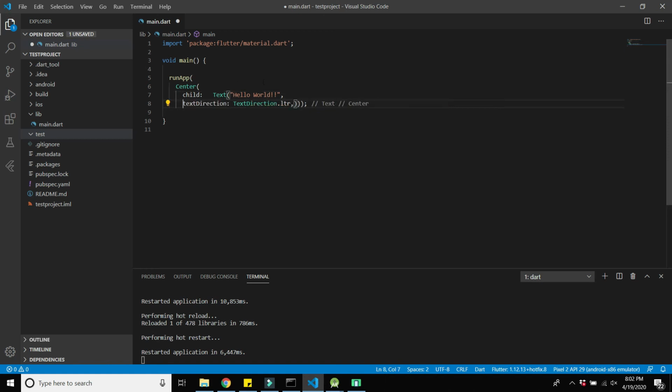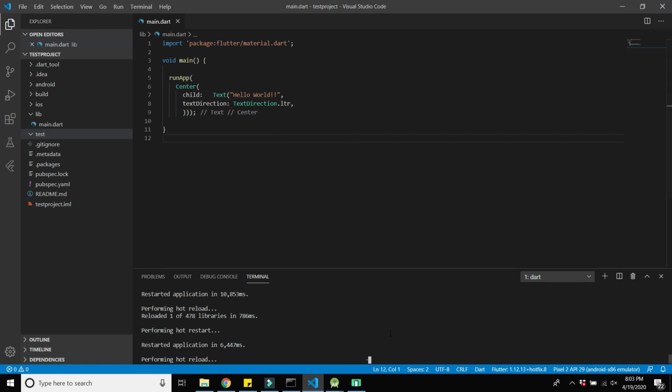Later I will also tell you how to refactor this code like I did in this program manually, but later I will also tell you how to refactor this code using the command. So now I will save this project and use the R button to reload this application on the emulator. Use the Shift R to reload this whole project on the emulator.